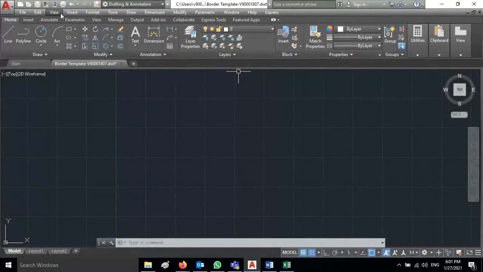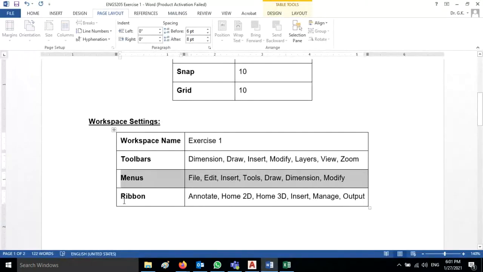But here you will see more menus than that. We have parametric, window, help. I don't want these things. I want to delete them. Therefore, we are customizing the workspace for ourselves as per our need. And the other one is the ribbon.